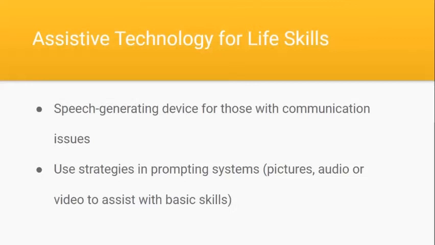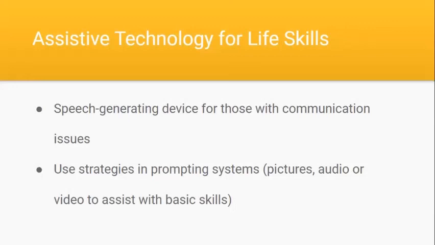And now we're going to go into life skills. Usually, there are some students with intellectual disability who are nonverbal. They don't have that ability to speak, so they will be provided a speech generating device. Nowadays, it's usually an app on an iPad that's provided to them, and they'll be able to press buttons in order to generate a sentence or make words